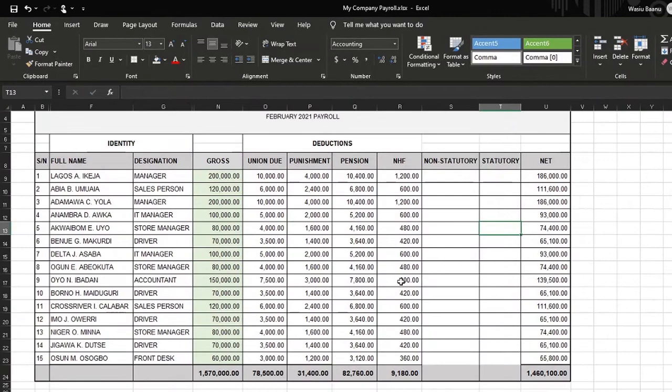We can still format it. We want to know at a glance what is the total sum of the non-statutory deductions that we have made. Of course, it's just two non-statutory. In fact, I think we can create a